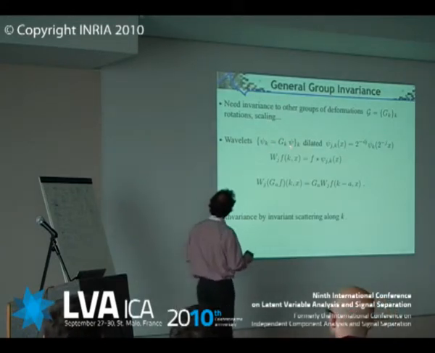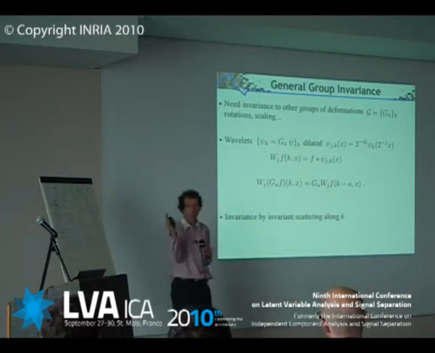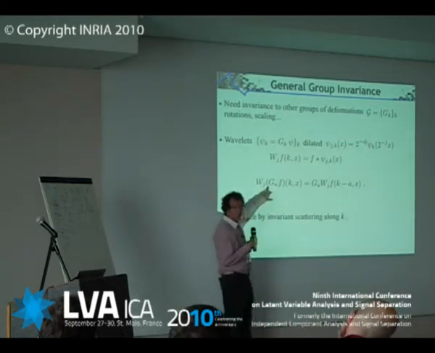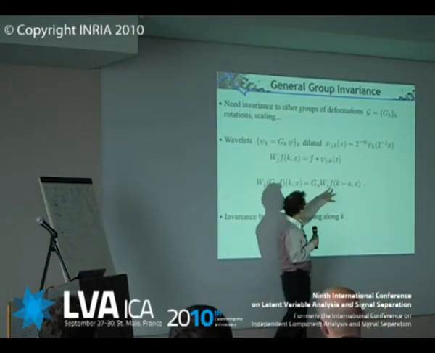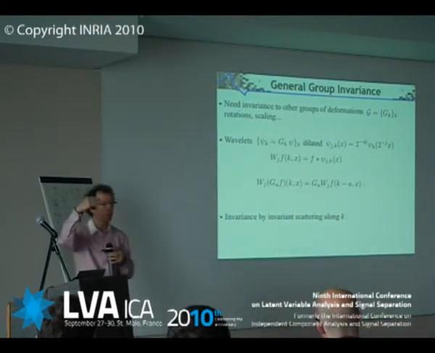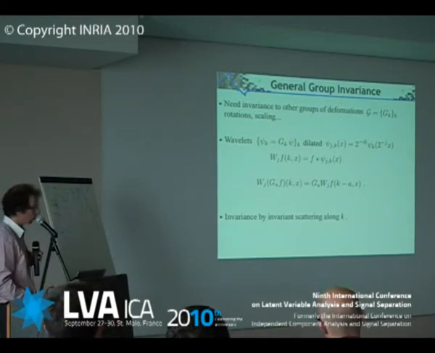You take your wavelet, you transform it by the group, you get a whole family. So think of it now as rotation. Take the wavelet, you rotate it, so you get all the rotated wavelets. You dilate all the rotated wavelets, and you get a wavelet transform for all rotation angles and all scales. Now, if you take your signal, you rotate it, and you compute the wavelet transform, you get a rotated wavelet transform, but now the channel of rotation has changed. Basically, you get a translation along the rotation angle and a global rotation along space.